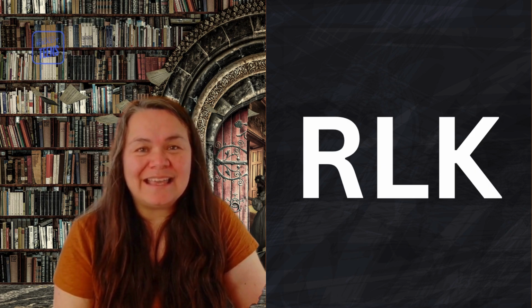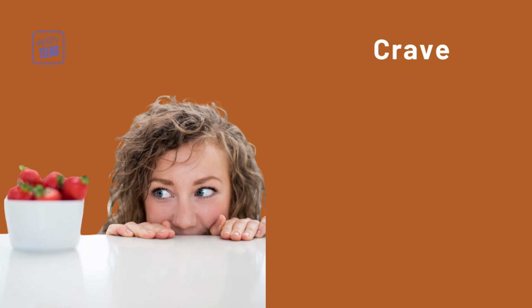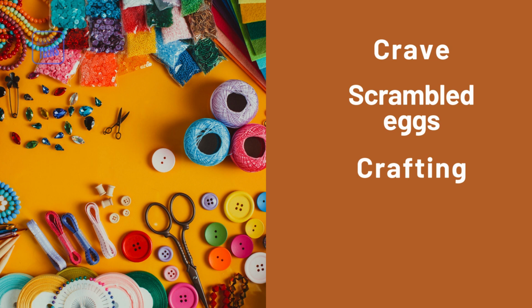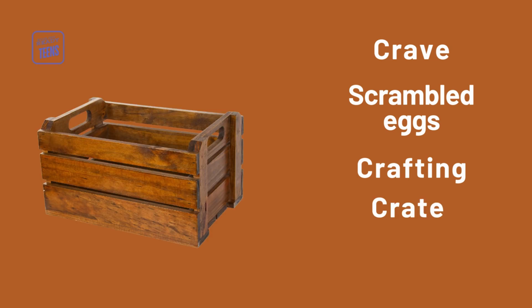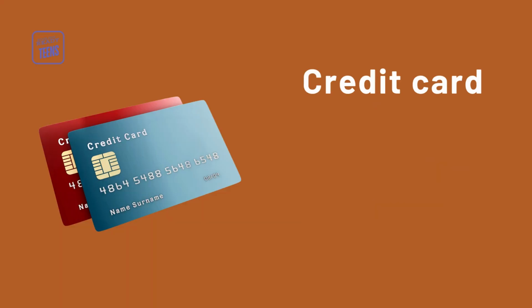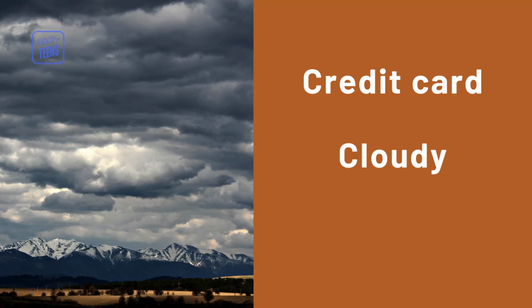Sometimes the letter C is also hard because it comes before certain consonants like R, L, K. Crave, scrambled eggs, crafting, crate, crash test dummy, credit card, cloudy, crab,